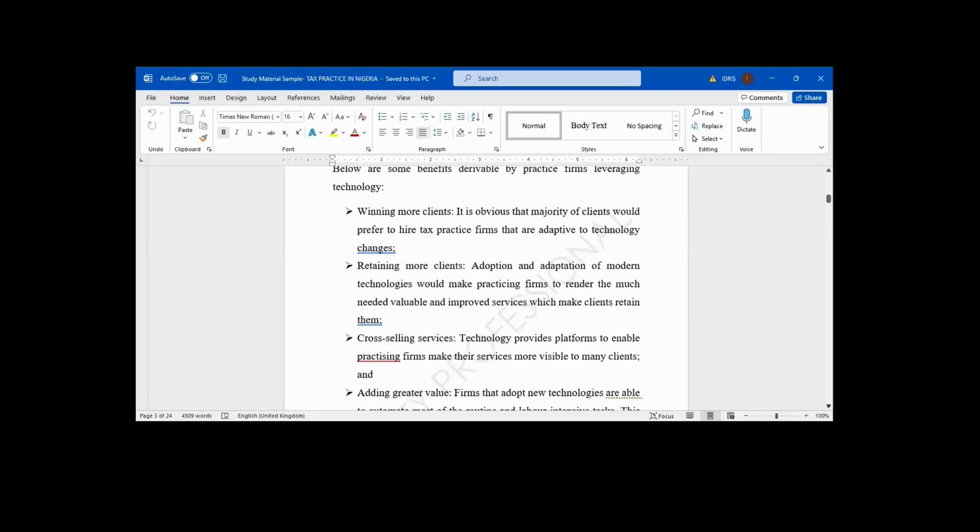Because this accounting profession is dynamic, it's not static, it's changing day by day. What we were taught 15 years ago is not what they are teaching now, especially in financial reporting. So many things have changed, even in tax. Technology is driving accounting. You have to have knowledge of some software. You have to know how to use Excel. If you call yourself an accountant and you don't know how to use Excel, you don't know how to operate a laptop, you don't know how to use some accounting package, you don't know how to do some of the data analytics skills,